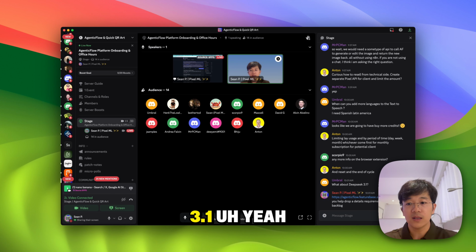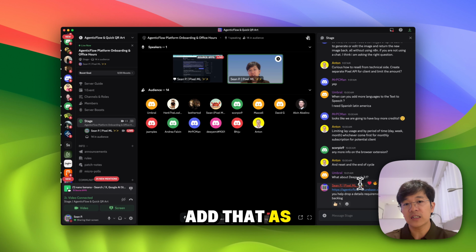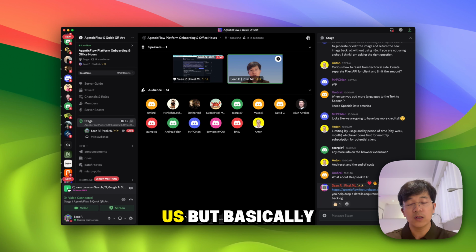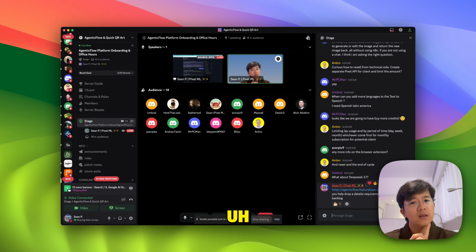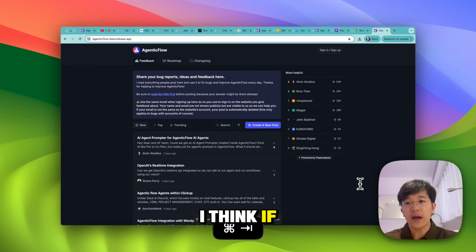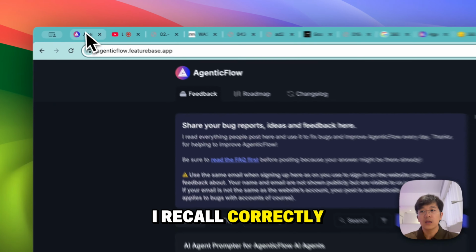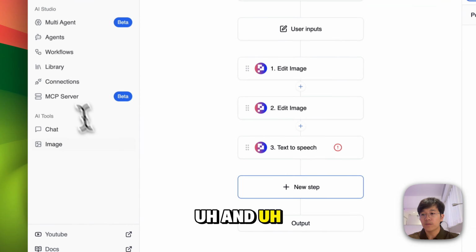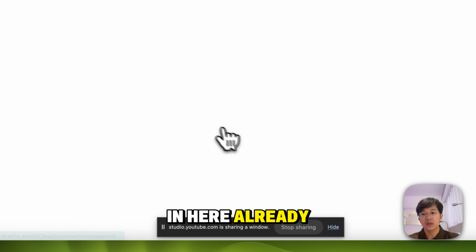DeepSeek 3.1, we can also add that as well. It's also just a configuration for us. But basically, if I recall correctly, right now if you are adding an LLM, we have a DeepSeek integration in here already.